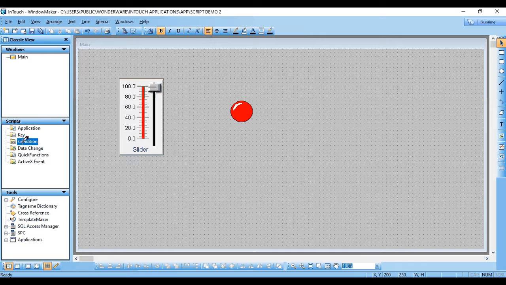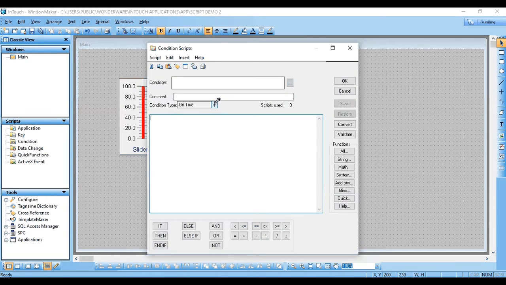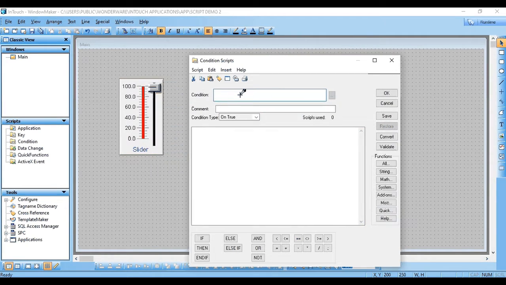Now let's move to condition script. Let's select on true, when SL1 is greater than 80. We need our light to be on, so L1 equal to 1. Save.